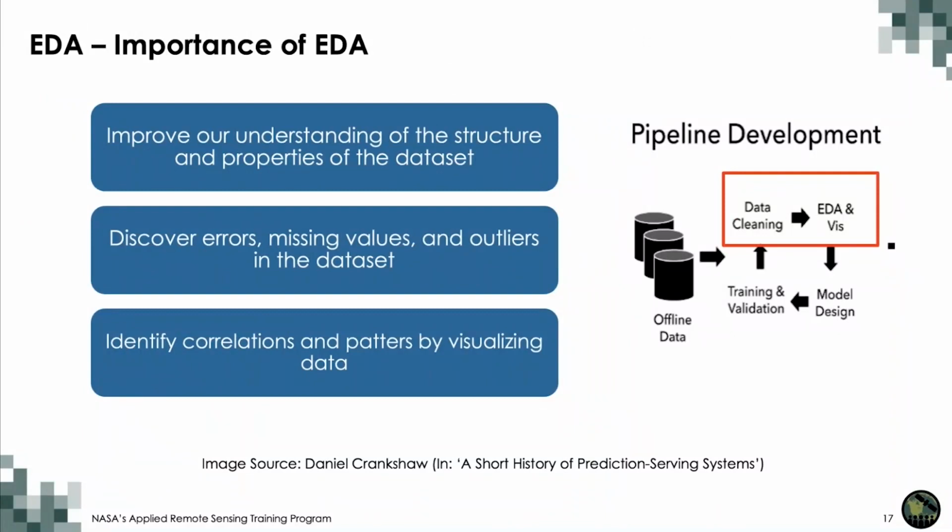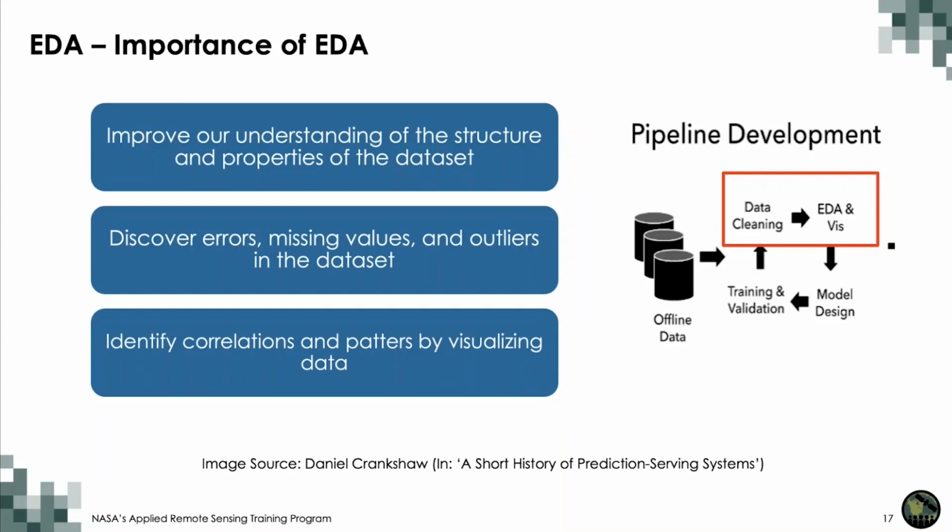Data quality is a critical factor that can significantly impact machine learning model performance. Poor data quality can lead to inaccurate predictions, biased results, and poor model performance, emphasizing the importance of high-quality data pre-processing and cleaning. Therefore, it is essential to ensure that the data used to train a machine learning model is of high quality. We can do this with proper pre-processing and cleaning to remove the outliers, missing values, and inconsistencies in the data, as well as identifying things like correlations and patterns by visualizing the data. Ensuring the data quality is high is critical for building accurate and reliable machine learning models that can be used